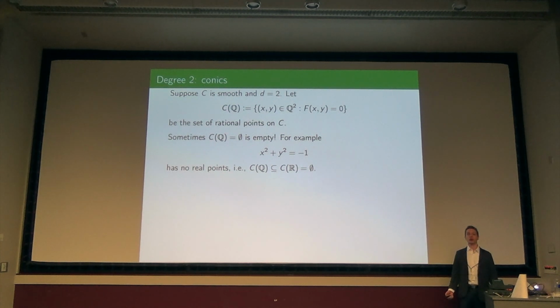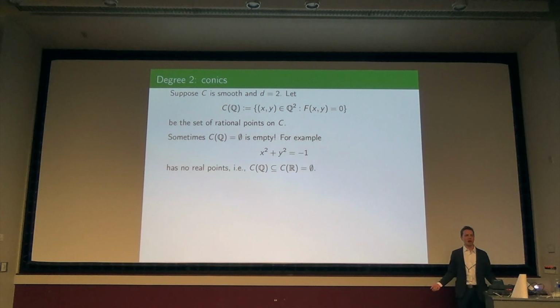Okay, so maybe we'll overload the notation a little bit and plug in other things other than Q here. But if I plug in something else, I just need to put that here. So we could ask for complex solutions or integer solutions or things over Q root 2 if we wanted to. Let's allow that in the notation. But in this case, there are no real solutions. The real solutions contain the rational solutions. So that provides one quick check.